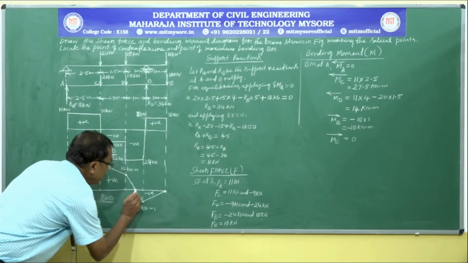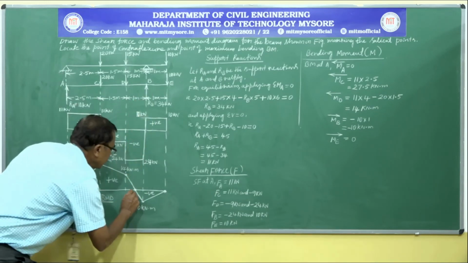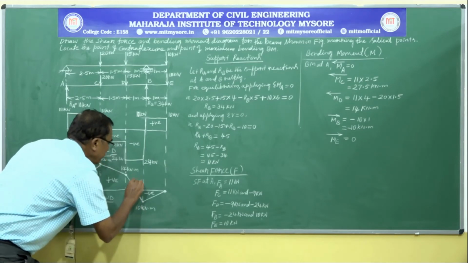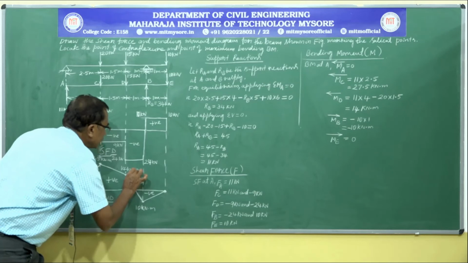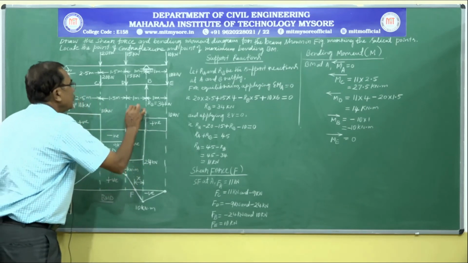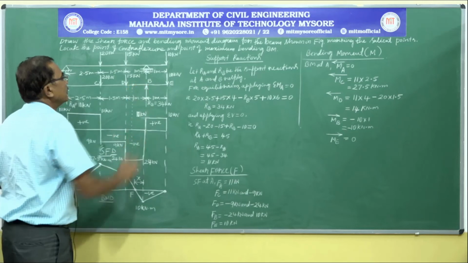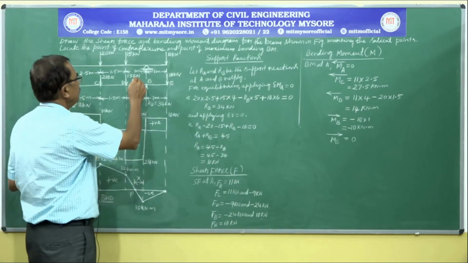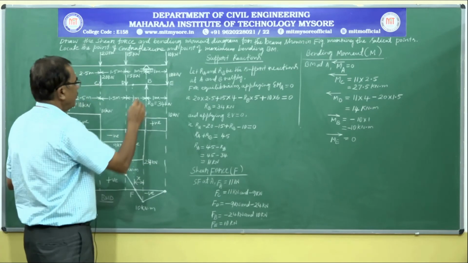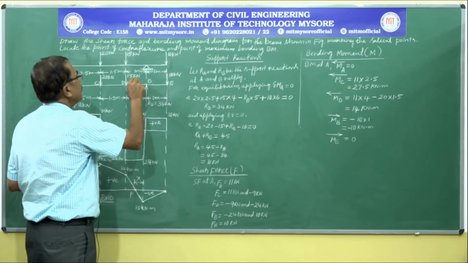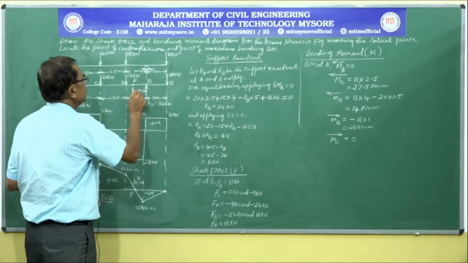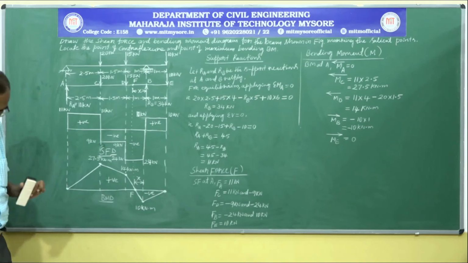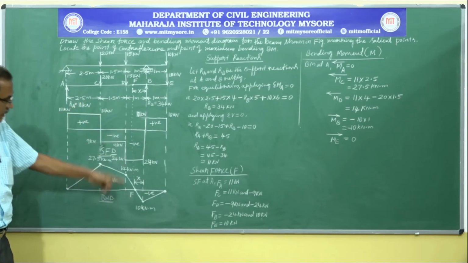So let us mark this point as say A, B, C, D, E, F. Let this F be acting at a distance of x from right support. Produce point F in the upward direction by means of dotted line to meet the loading diagram. It is more convenient for us to locate the point of contraflexure. Mark the distance x from right support. Now we can comfortably calculate this x.